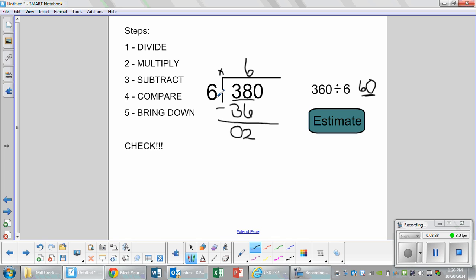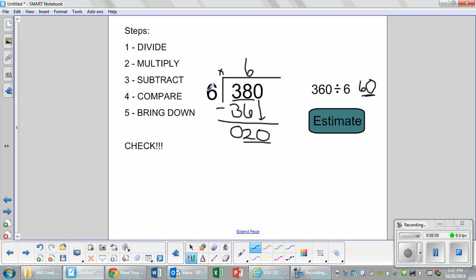And because it's less than 6, I know that I have done my work right. If it were greater than 6, I would need to go back and figure out what I did wrong. The last step is to bring down. So when I bring this down, I am now working with the number 20. When I get down to here, I go back up to the top and I go through all these steps